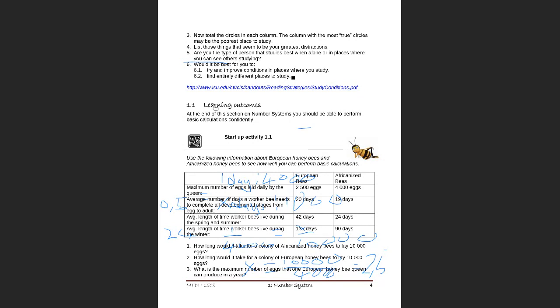Now, let's go to question 2. Question 2 says, how long will it take for a colony of European honeybees to lay 10,000 eggs? The same approach. 1 day. For 1 day, it lays